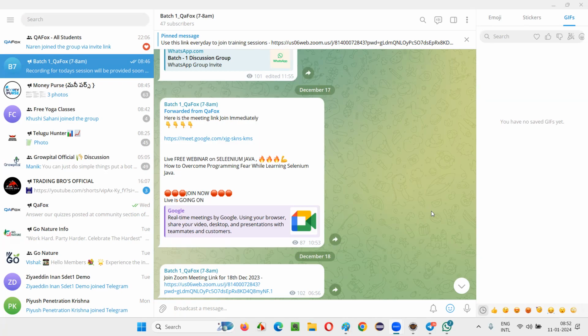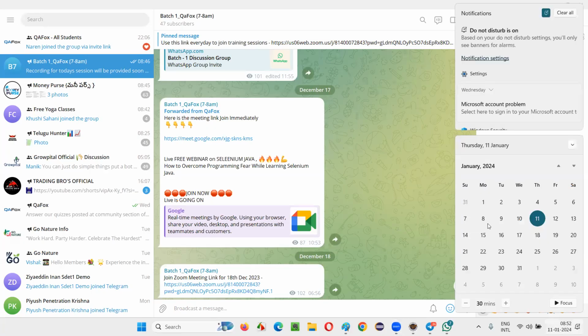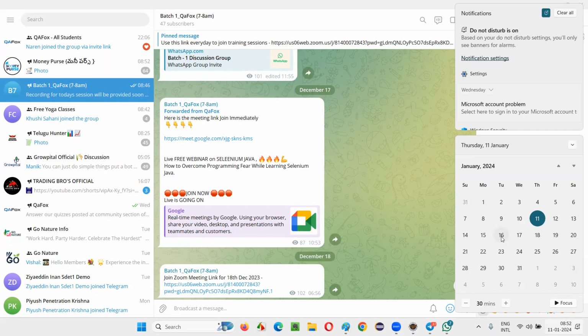After day 15, when I start on day 16, I mean this one, sorry, Tuesday, 16th of January, by that time you will complete day 11 to today's day 20 or whatever it is. After that, you will go back to the previous sessions and you will also refer to them. That's the plan.